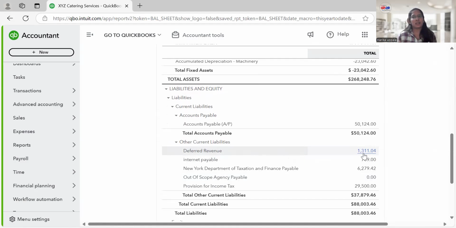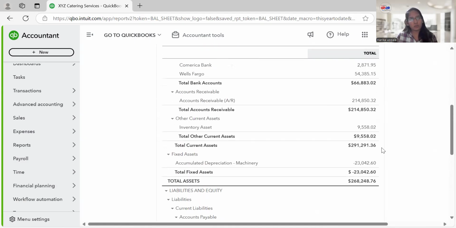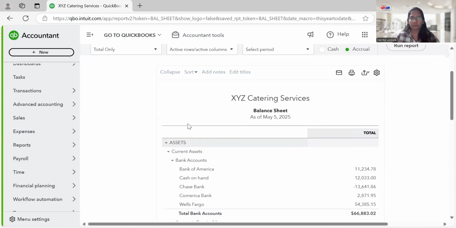That is a good sign, since money is coming in even if I haven't delivered the service yet. This way we can check everything in the balance sheet, what the current liabilities are, and what assets we have.